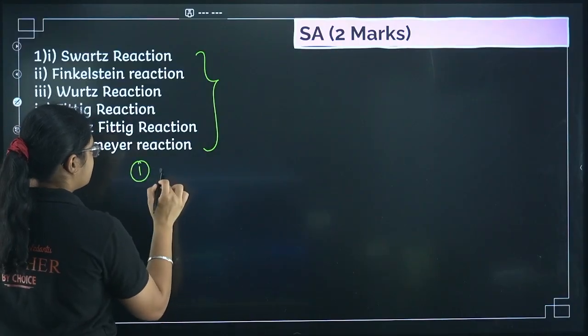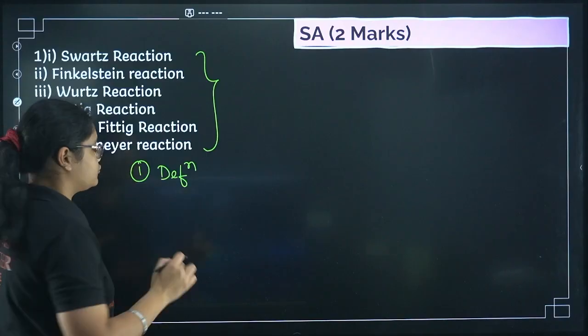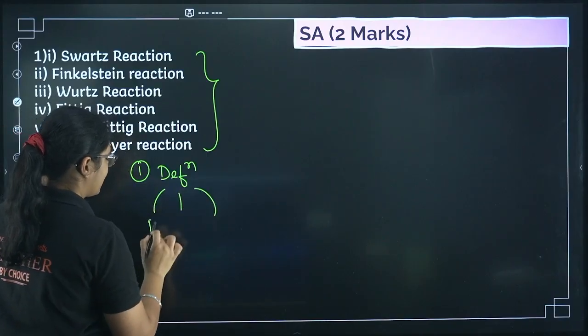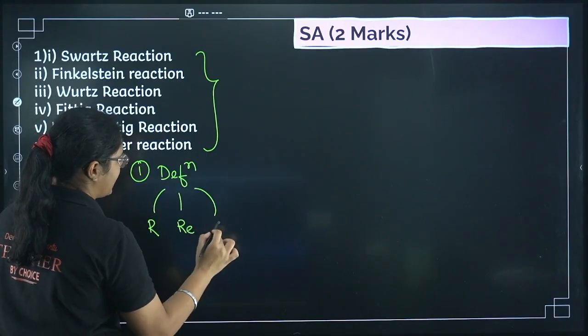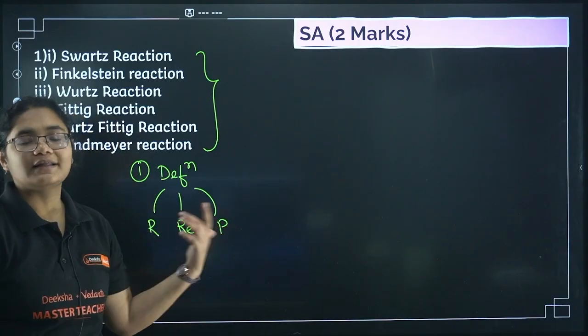First point is the definition of the reaction. In this definition, there should be 3 things. What are they? Reactant, reagent and product. You have to write that this changes to this in presence of this one, that is called as